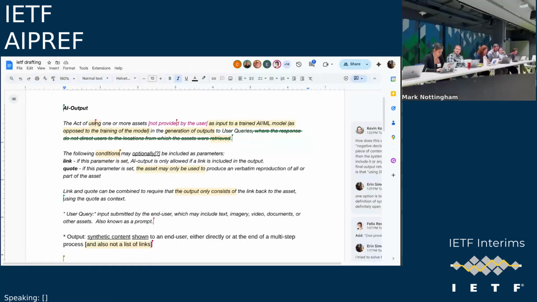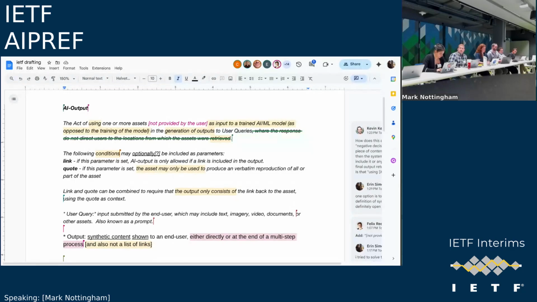I wanted to react to the agent question that came up. So we discussed that the definition of outputs could specify, and I've highlighted the relevant section in the output definition, that just because you're handing off an output to an agent first, that wouldn't mean that this category would no longer apply, provided that the end result of the multi-step process that may involve an agent is still an output that is delivered to an end user.